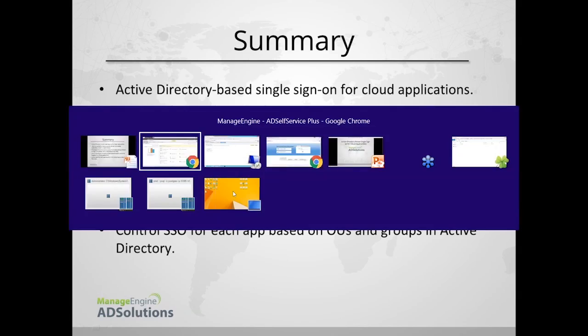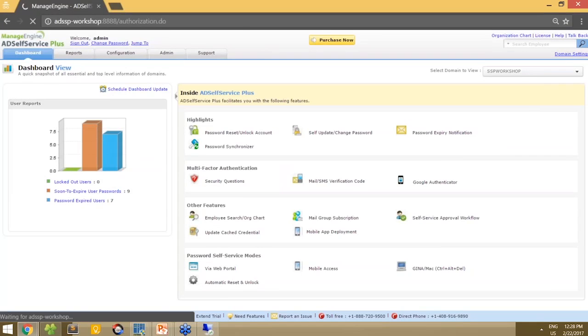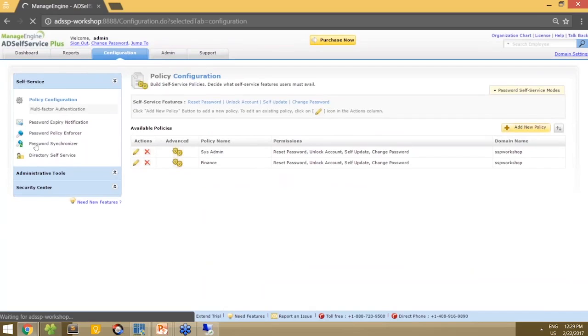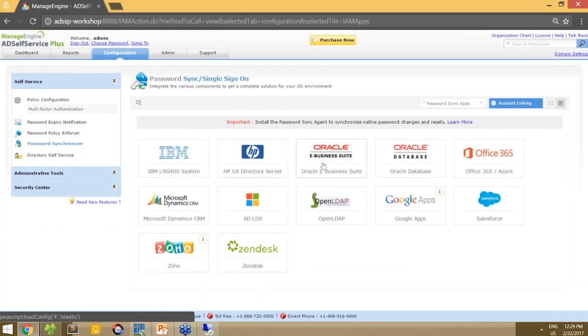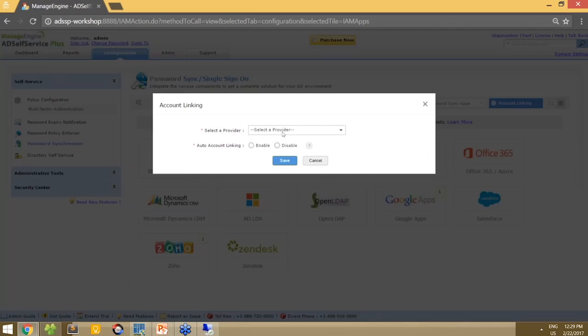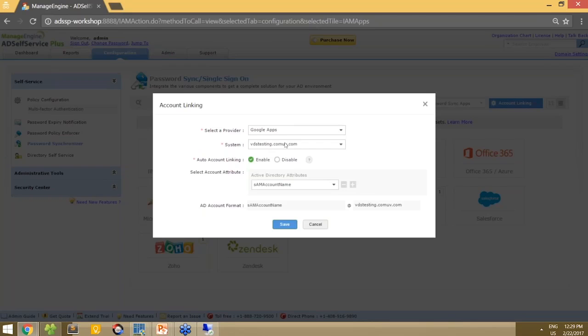Now, one extra thing I'm going to show you is, I told you how the single sign-on retrieves the individual user from the cloud application. So we have something called account linking. If I open Google Apps, you can see that auto account linking is enabled by default, and it will be choosing the SAM account name. That's why when I gave the user Tom Joes in ADSelfService Plus, it automatically fetched the SAM account name of that user, that is Tom Joes, and linked it with the domain name I had set for Google Apps, that is